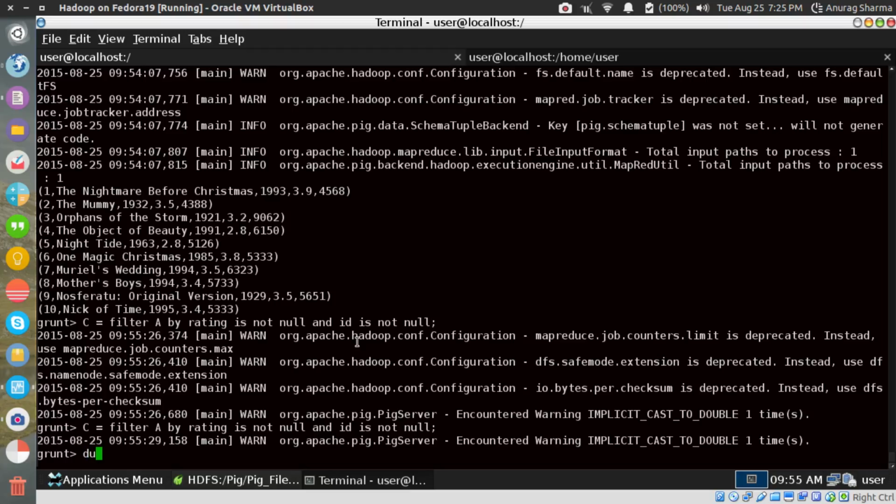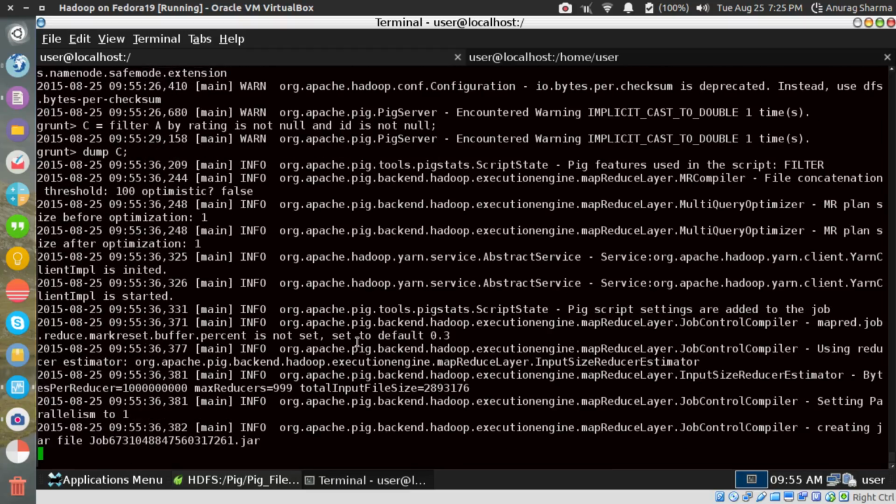Fine. So if I were to dump C, let me check if it's able to create data. If it's able to create the data, then there should be no problem storing the data.